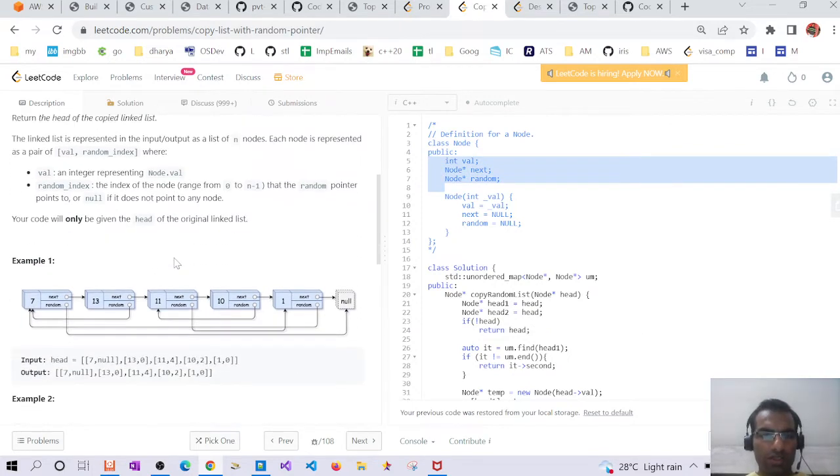The question says we have to copy this whole linked list and return the same. The question only provides the head pointer, that is, if the head is 7, it's only till here, 7, and so on. So if you try to understand, the basic problem here is how we are going to copy the random pointer. If the linked list doesn't have this random pointer associated with it, we can just directly go